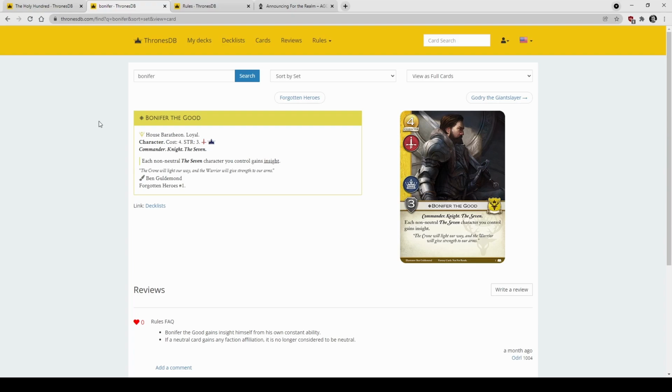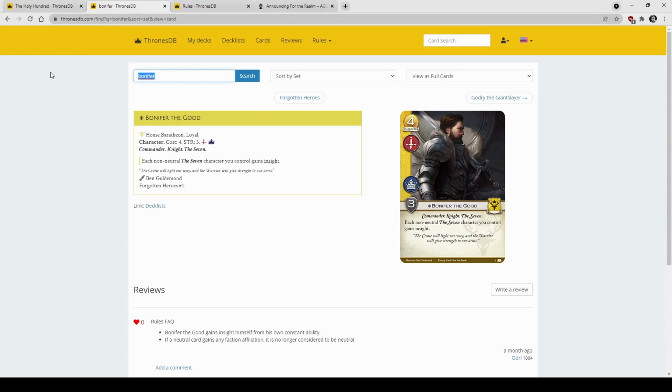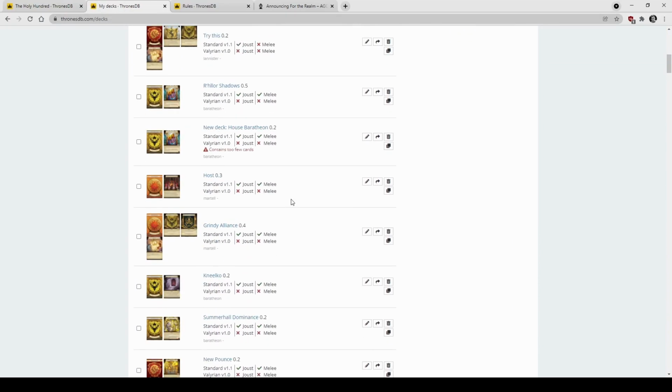I really like them. I like their assault. You're right; it doesn't target too many things, but it's at least there. You can hit something with it, and yeah, I can see them getting. I feel like it's going to open up a new deck. I hope. Yeah. So Bonifer, I think, was one of the most disappointing